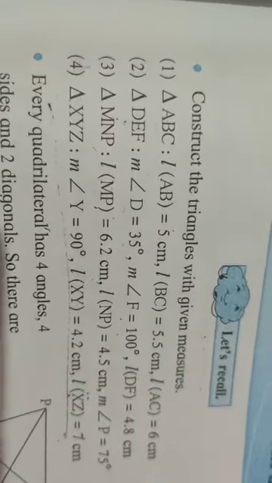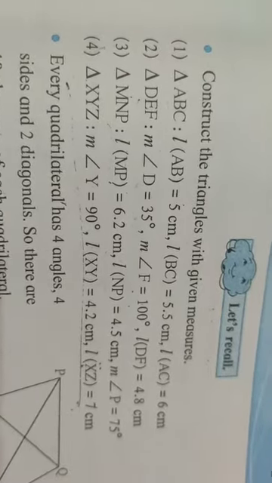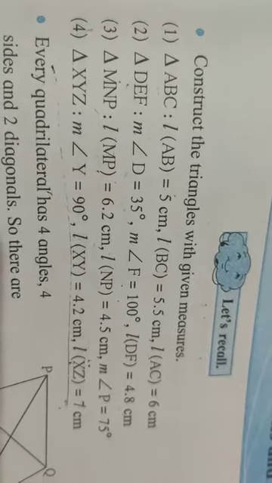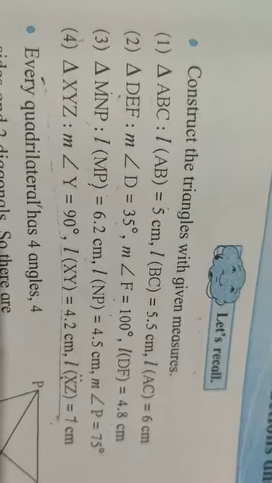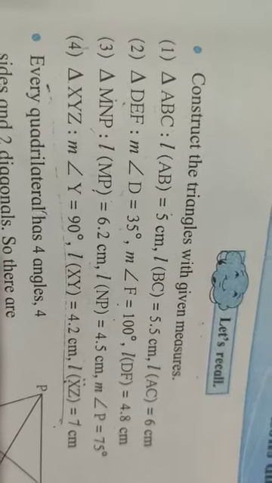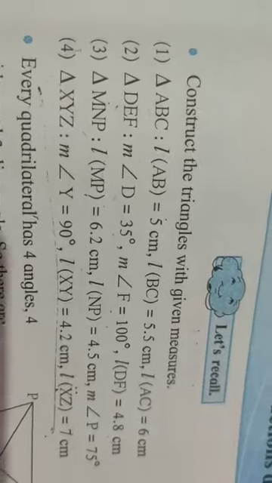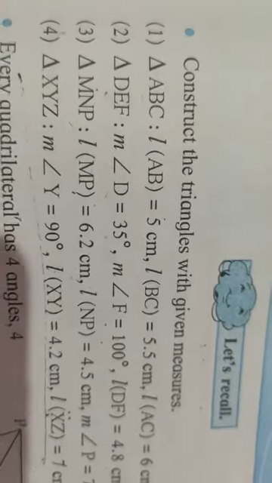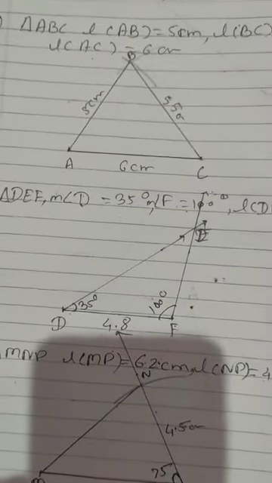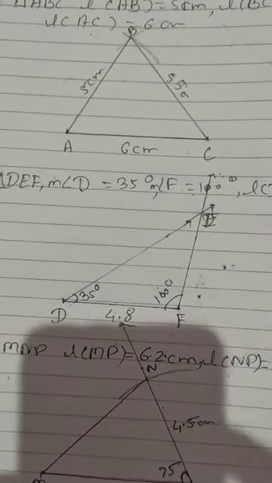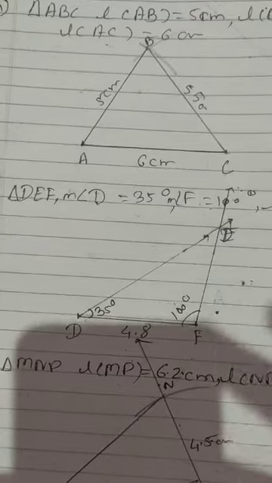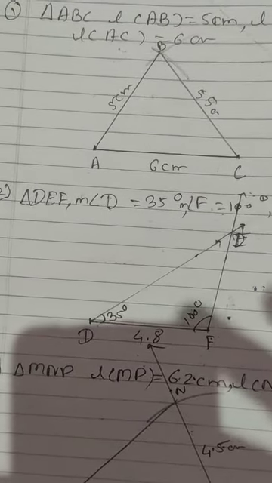Then, when two sides and the angle included between them are given, how to construct the triangle. This is the third construction. In the fourth, we saw how to construct a right angle triangle. These constructions are here. This is the first construction, then the second construction we saw, then afterwards we saw